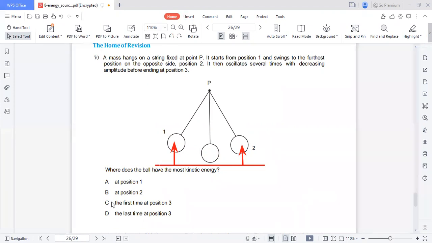So the first time at position 3, yes. With the passage of time, its speed decreases. That's why most kinetic energy will be at position, suppose let's mark this one as position 3, and this would be